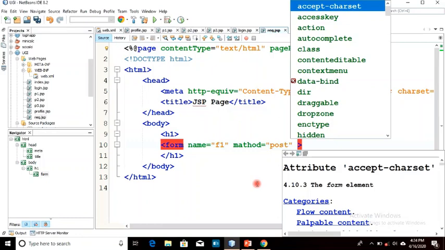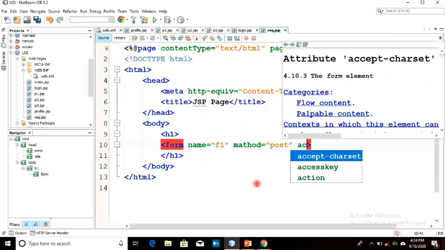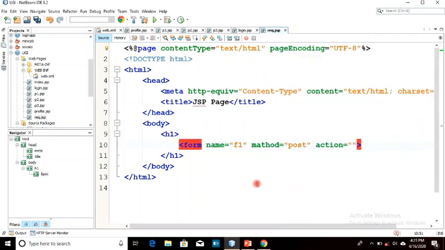That's why... GET is fast, but I don't need GET here because I need security. Okay, so next we have an action. In the action part I will tell the name of the page that the form is going to be redirected to. Suppose this particular form is submitted, it will be redirected to a new page. The name of the page, suppose I declared as